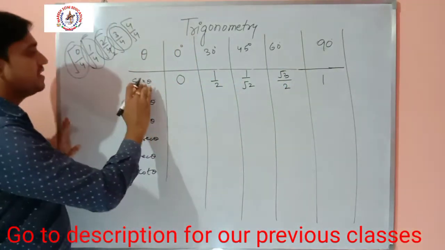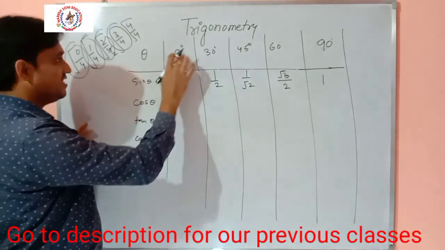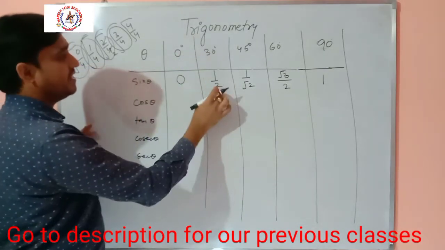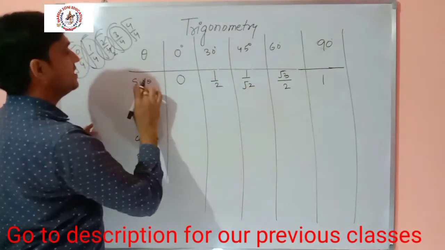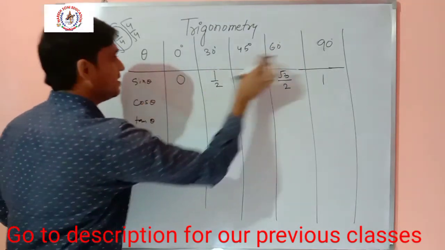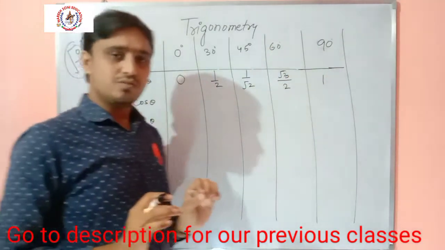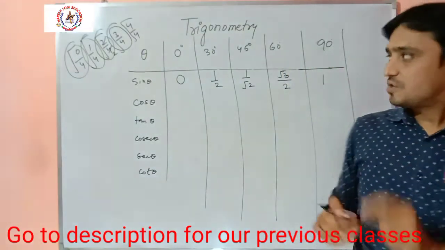These are the values of sine theta. Like sine 0 degree, sine 30 degree, sine 45 degree, sine 60 degree, sine 90 degree. Understood, guys? Get my point? So next,